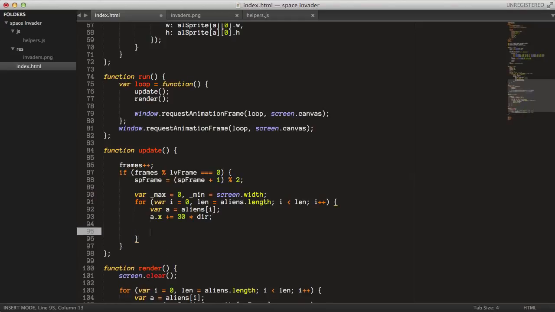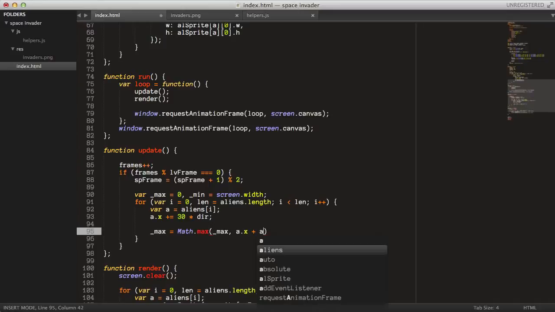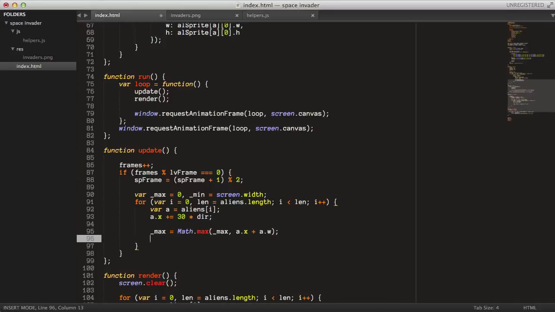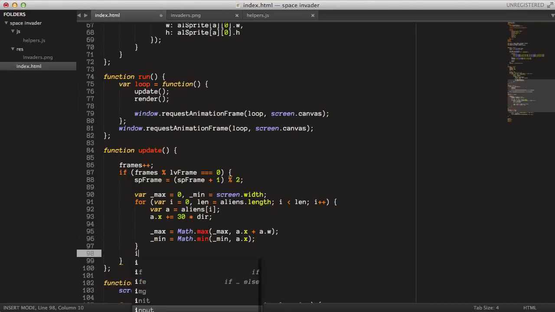And then you just say max equals the maximum of the current value of the max and a.x plus a.w, like so. And then the minimum value equals Math.min of the minimum value and a.x, like so. And then we just say if the maximum value is bigger than the width